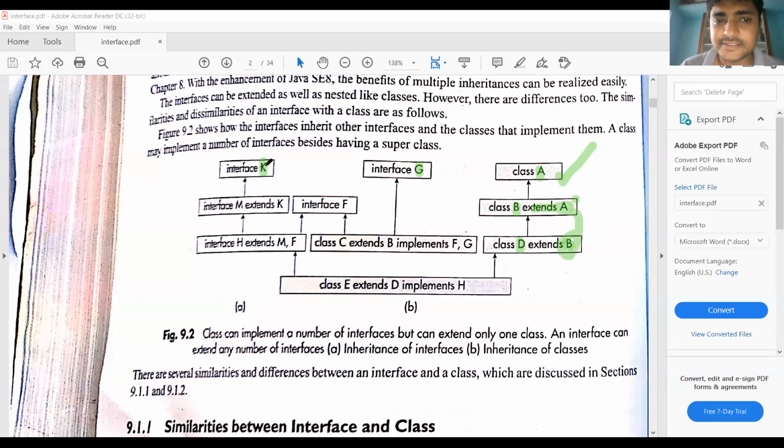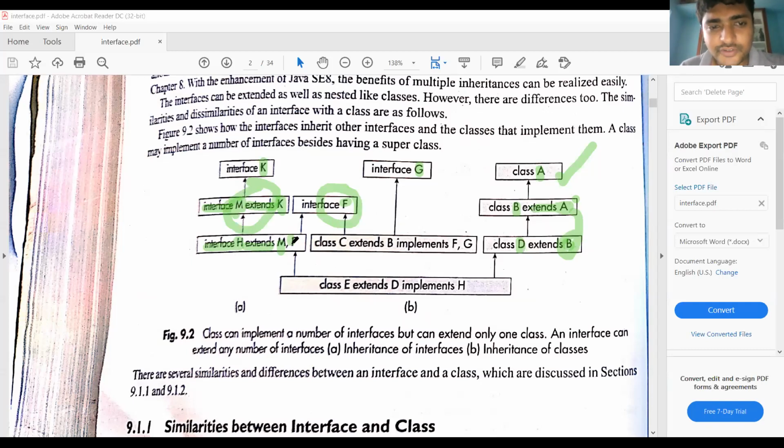Now let us see how interfaces are implemented. Here we have created interface A, and then we create interface M, which extends the properties of interface A. Then we create interface F. And then we create interface H, which extends the properties from M and F, from the two interfaces.